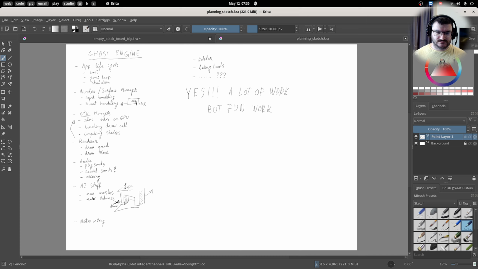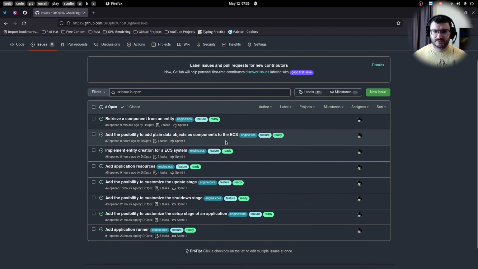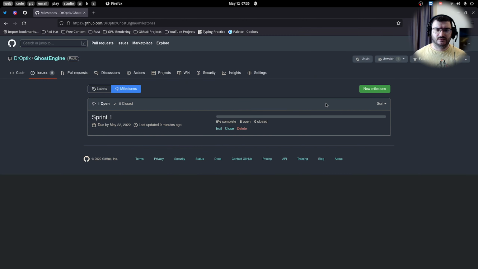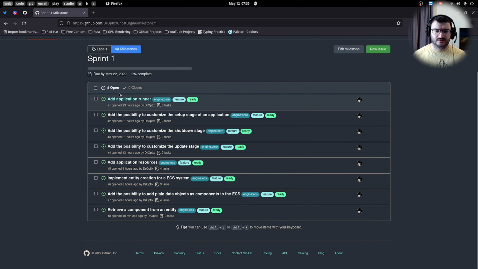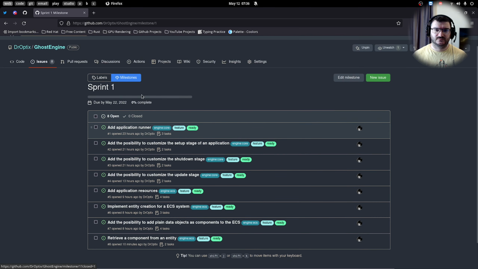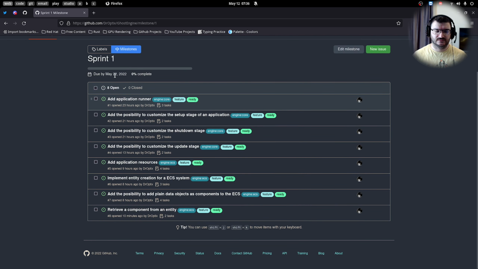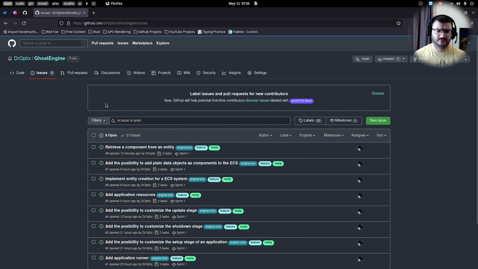So based on this, I created some user stories, and I also created a milestone, for those of you who are used to it, the Scrum working methodology. That's basically that. So let's open this sprint. Here I put the user stories in order, both as priority and as dependency. Why am I doing this milestone stuff? Because I can choose some user stories, set a deadline for them, and also compared to this issues view, this milestone view